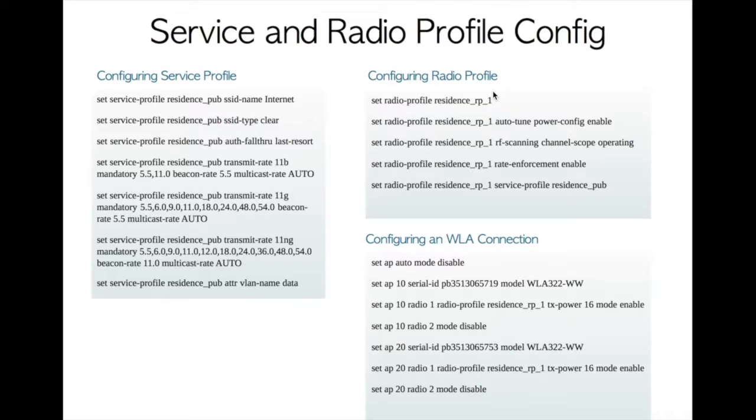Radio profiles are also used to control traffic parameters on the WLA radios. These radio profiles map to service profiles as well. So radio profiles are used to control beacon intervals, how often a radio advertises SSID on the network, and other parameters that you want to apply across all radios on the network. If you want to control individual radios on WLAs, you have to configure the parameters on each radio separately. So here I've configured radio profile residence RP1,